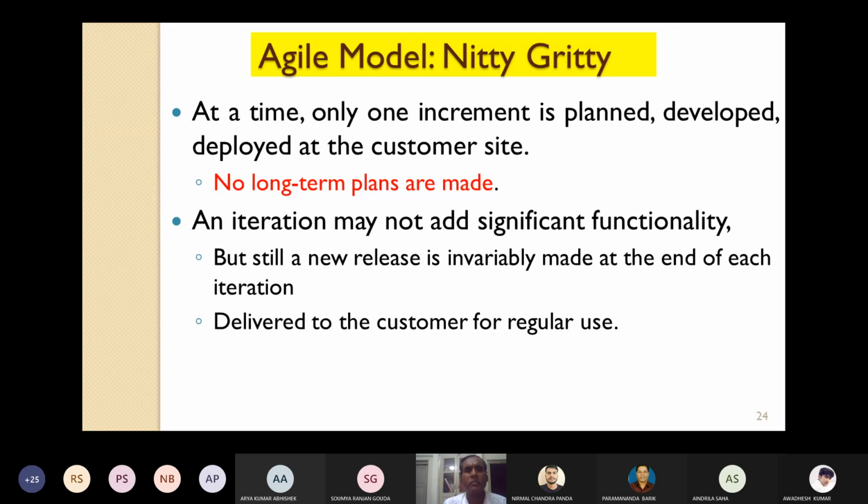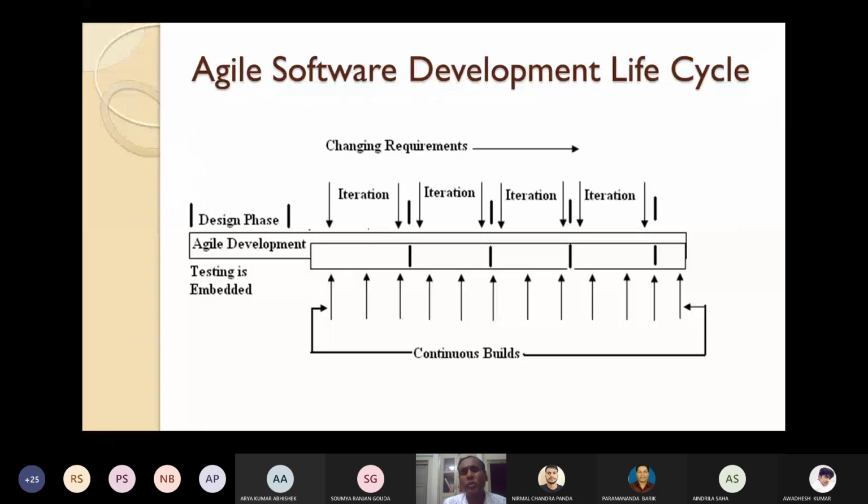Okay. This is the agile software development life cycle. See how it is decomposed, how it is different from the classical waterfall model. The most important thing we are doing here is handling changing requirements. Whenever the requirements change, they can be accommodated at any phase, maybe in design, development, or testing.